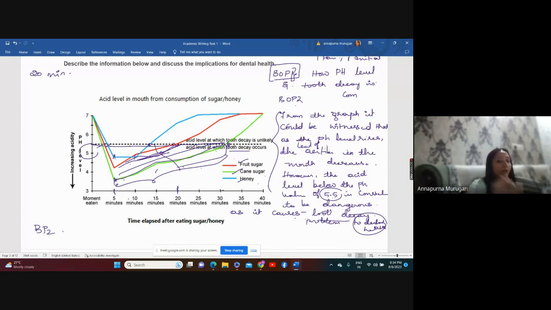Followed that by fruit sugar. Over. So your second idea is also completely done. See, we didn't use the minutes, we didn't use the levels here, only what we said, below the threshold. So you can use the word threshold. Above the threshold, it is not dangerous. Below the threshold, it is dangerous. So try to associate things like this. Getting it, guys? Any doubt here?